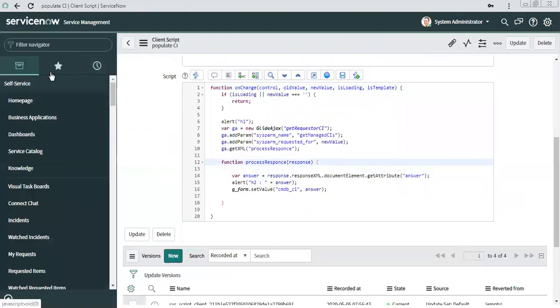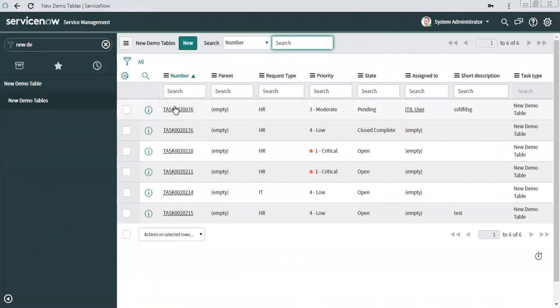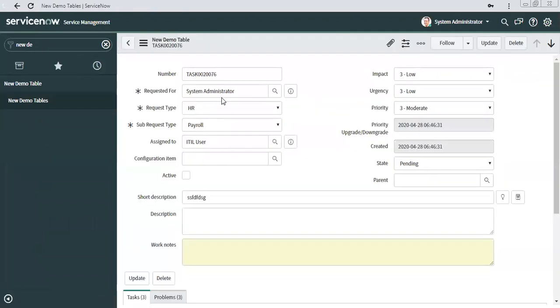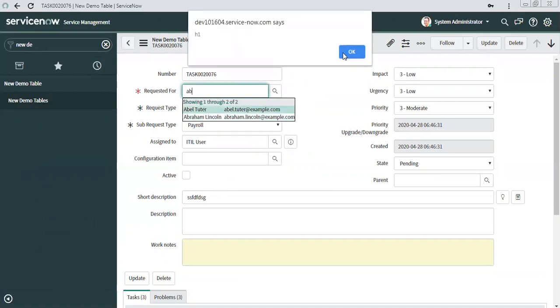So now let's just go to demo. First loop.